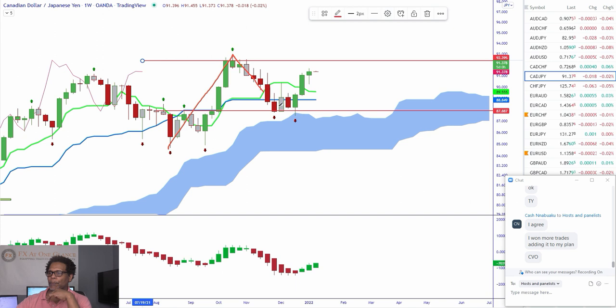1, 2, 3. In order to be an N wave, we need to break 2. Because this is 1, this is 2, it's 3, and then we should be looking for 4. Let's look where the 4 target is too, see if we're going to make it.